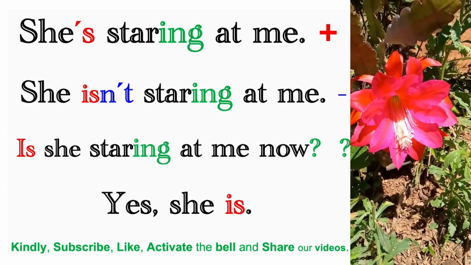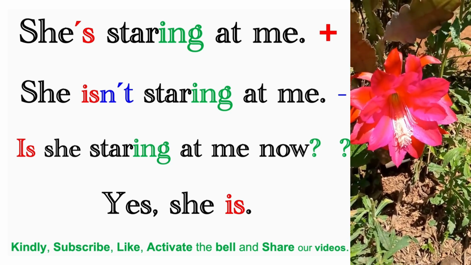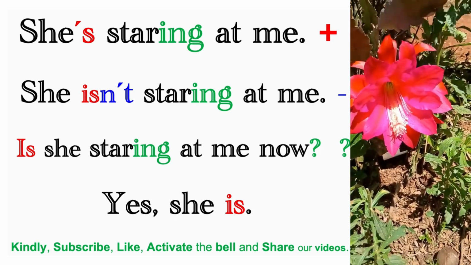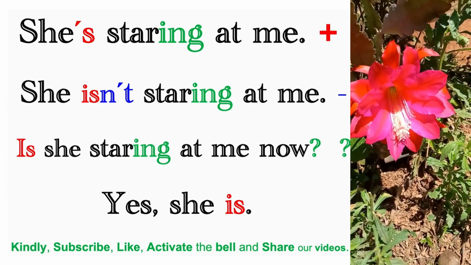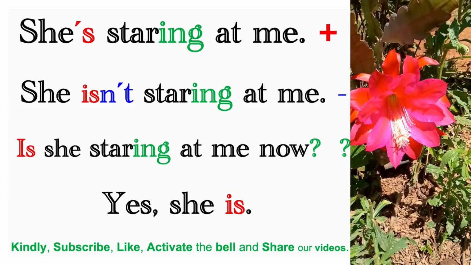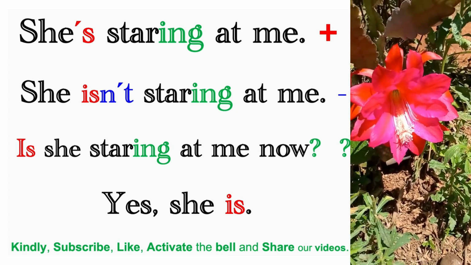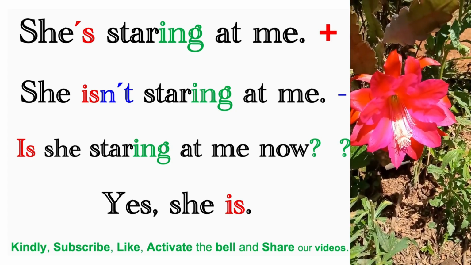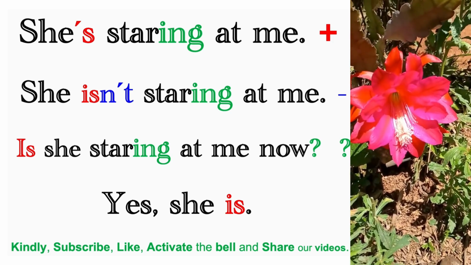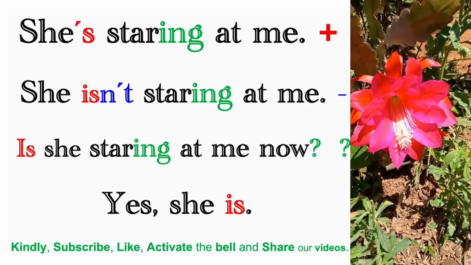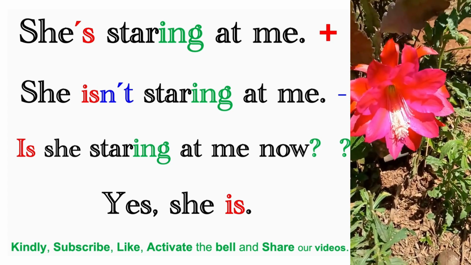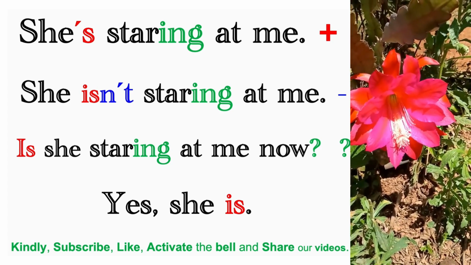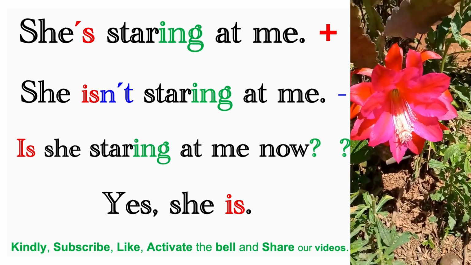She's staring at me. She isn't staring at me. Is she staring at me now? Yes, she is. Some students may say that we have star. No, it's not star, because if we have star, we are going to write double R, starring. Now this one, it's not starring, it's staring. Because the infinitive of the verb is